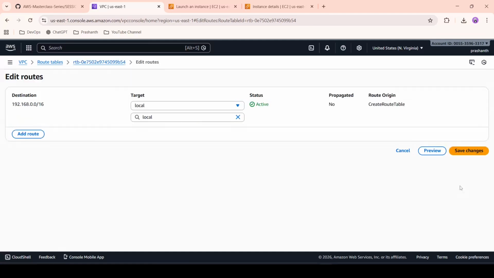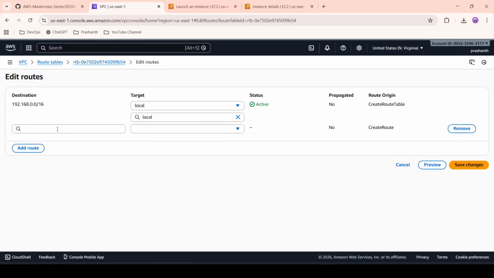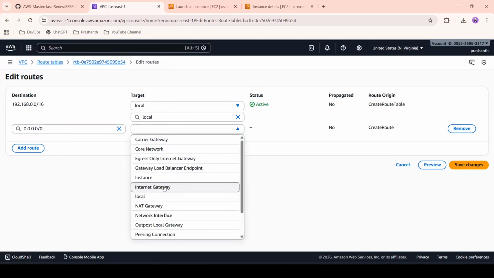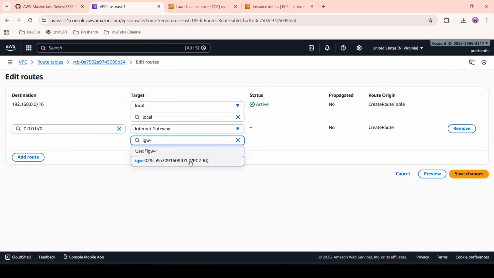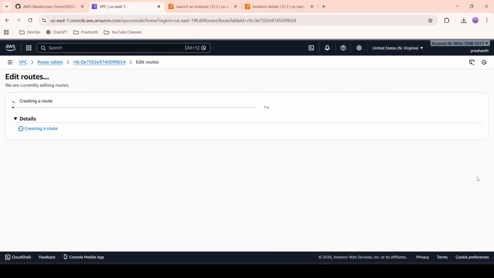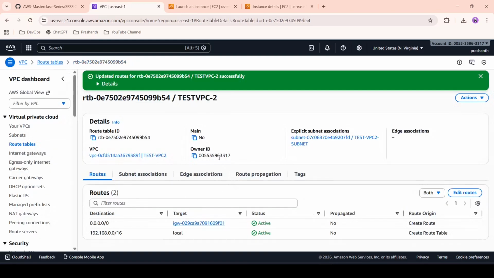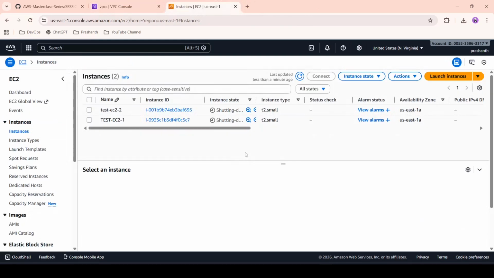You can add the internet gateway here if required. Done. Now we have VPCs, subnets and route tables, and to proceed further on this, we need to have